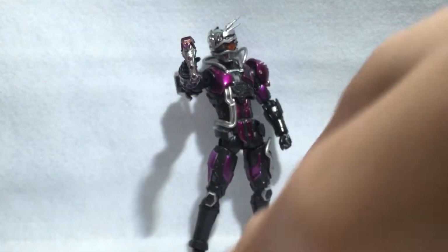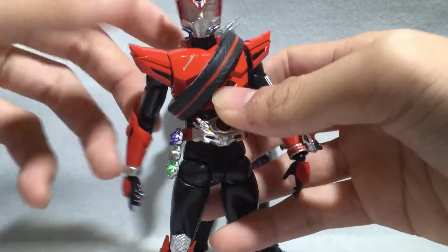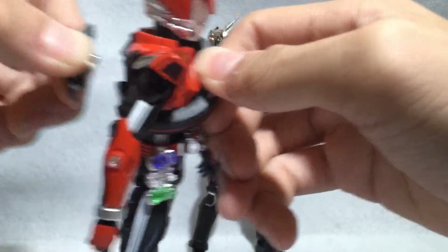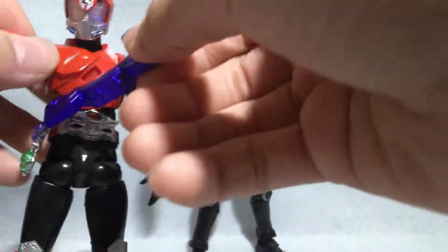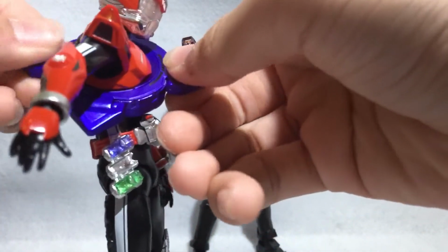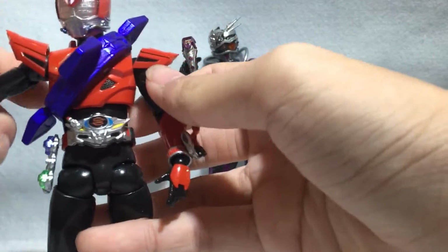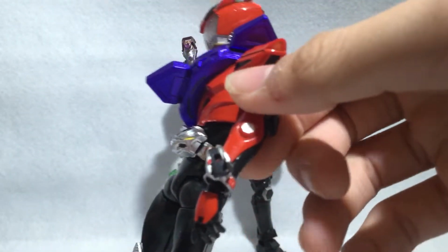Alright, so to change the tire, you're just gonna take Drive over here, take out the rubber tire that he comes with, just throw it away and all that. And then you're gonna split the tire, just use the frame parts, and then you're gonna peg in and peg in. And there you have the tire, but for accuracy you're gonna take out the shifted Type Speed shift car,